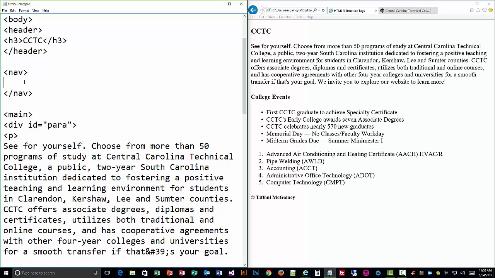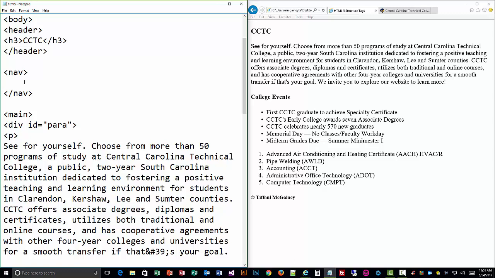Let's see what we can put here. Right. So with hyperlinks, you're going to use what they call the anchor tag. Okay, and the anchor tag is actually made up of two parts. The first part, you give the attribute of what website that you want to go to, and then the second part shows the actual text that you want the person to see when they click on it